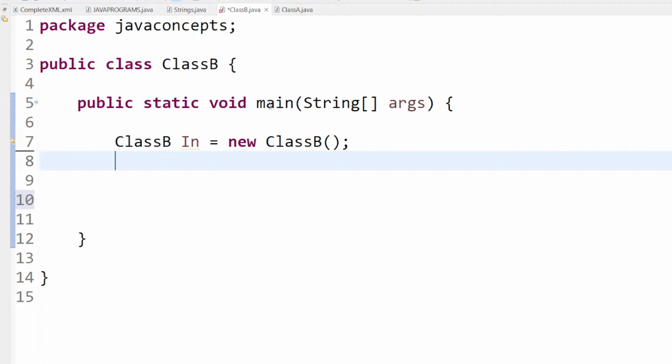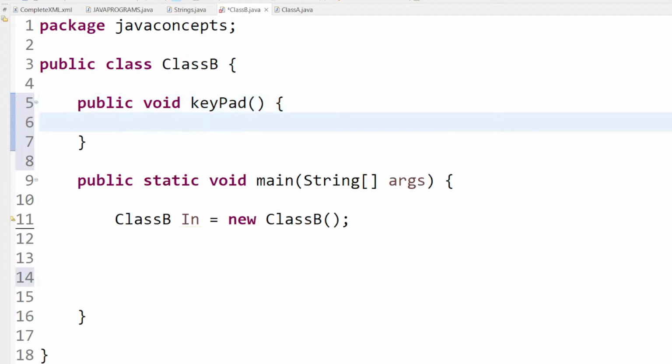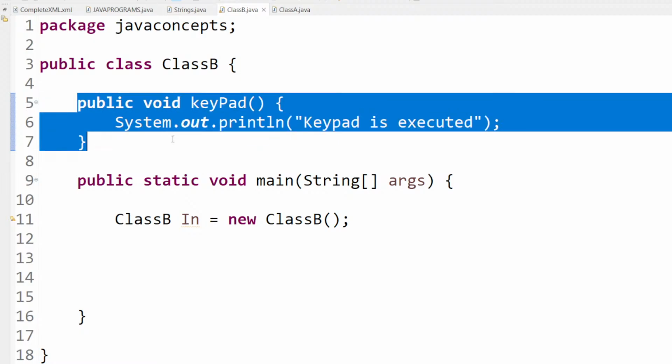Okay, so here I have created one class. There I am going to create one method, public void, for example there is one method called keypad. Inside that I am going to print some sysout statement, that is "keypad is executed". Okay, so here, from the abstract concept point of view, if a method has a body, then